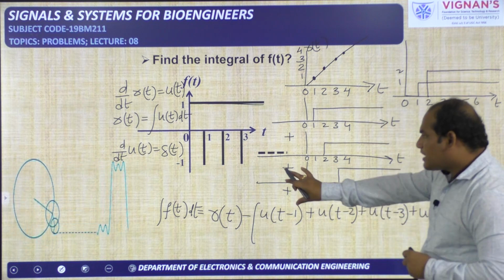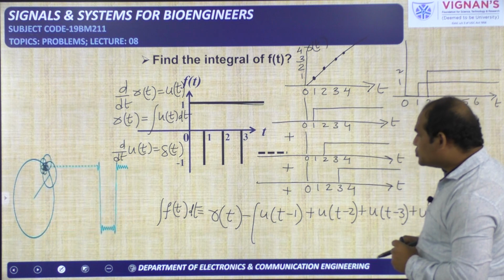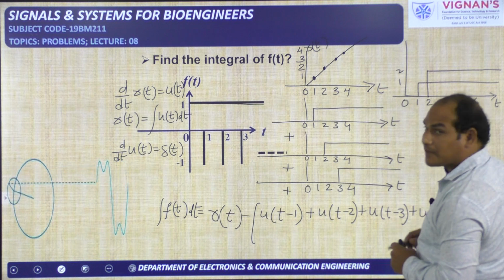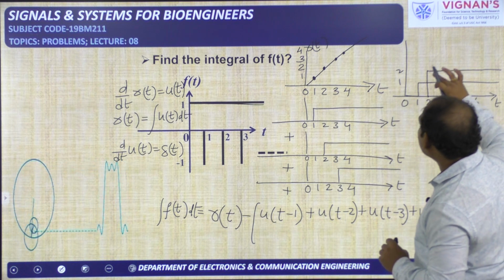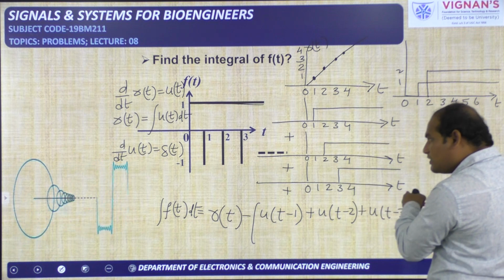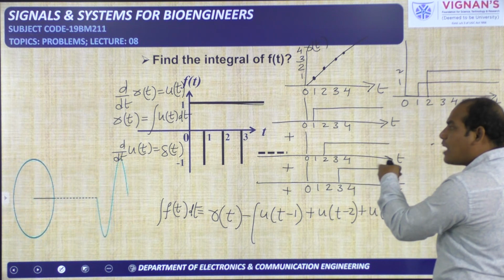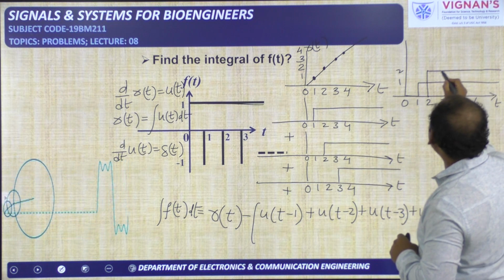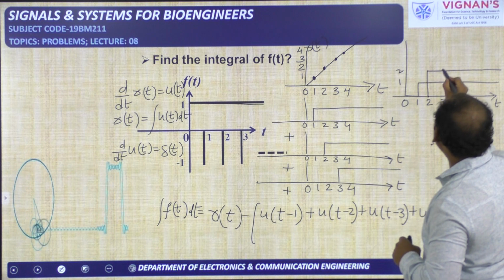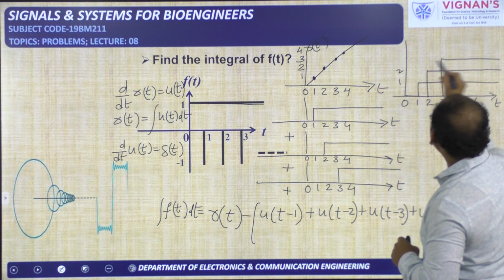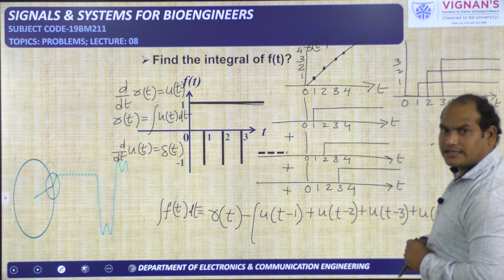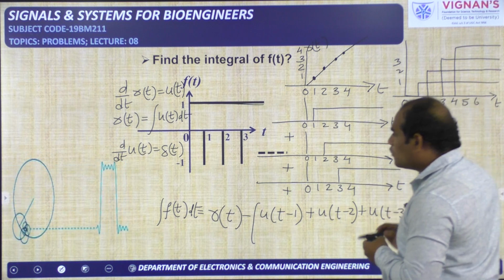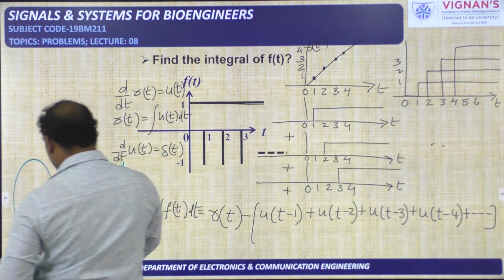But in addition to this one, we need to add this also. This has 0 amplitude from 0 to 3, or from the negative side also. So from 0 to 3 there is no problem. From 0 to 3, this is the combination we can use. But from 3 to infinity, when t is changing from 3 to infinity, amplitude is 1. So this 1 should be added to this one from 3 to infinity. Already here amplitude 2 is there. If you add 3, you will get like this. Okay. Next, if you add another signal, you will get like this. So finally, the resultant signal will be like this.